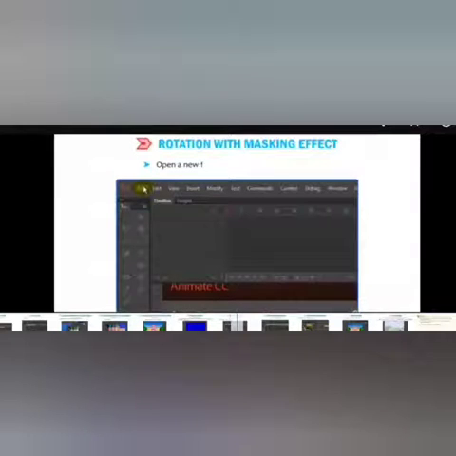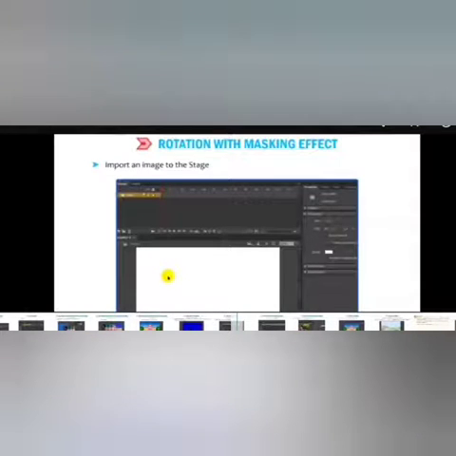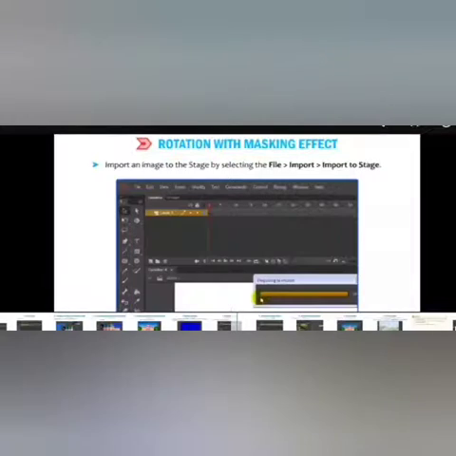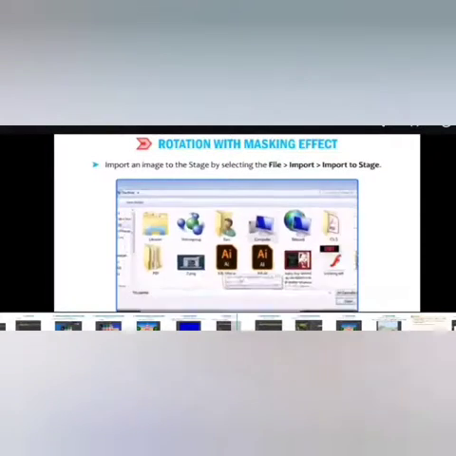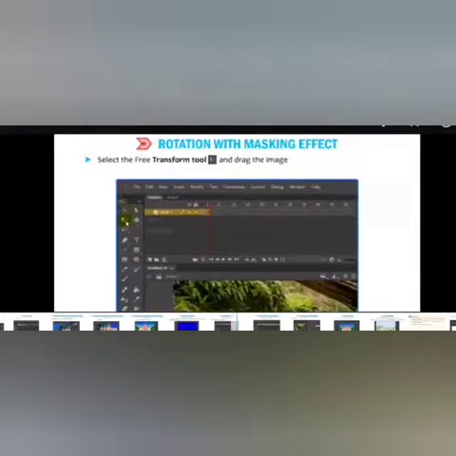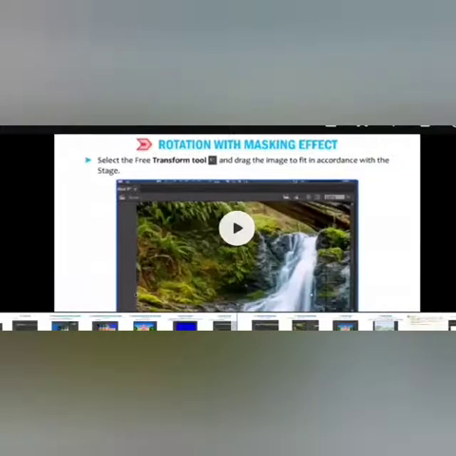So now, rotation with masking effect. Open a new file by clicking the File, New option and import an image to the stage by selecting File, Import to Stage. Select the free transform tool and drag the image to fit in accordance with the stage.